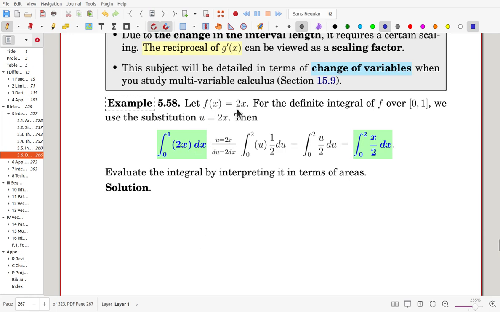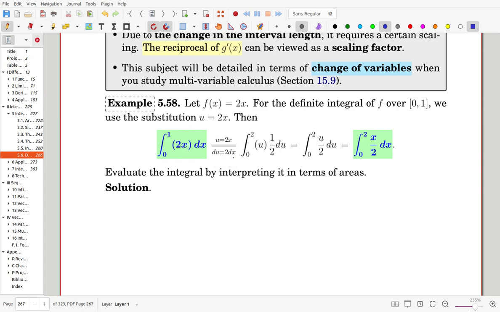Let f of x be 2x, for the definite integral of f over 0 and 1. Let's use the substitution u is 2x. Then we can write it in this way: the integral from 0 to 1 of 2x, that's f of x, dx. Now we are using u substitution, u is 2x. Then du